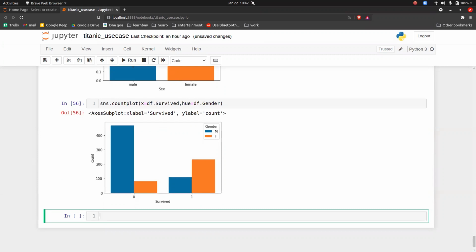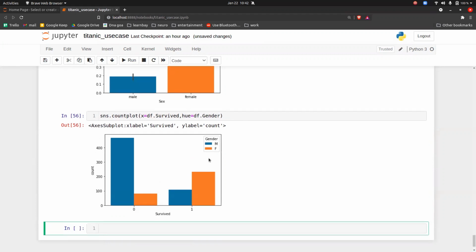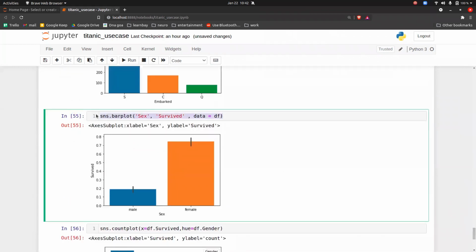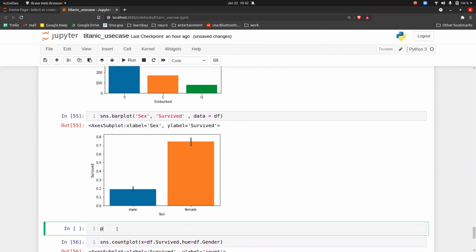Sir, can we do it with plt dot bar? If the bar plot is working, bar will also work, right? Let me check. If you do the same thing with plt dot bar, and df of sex, df of survived.